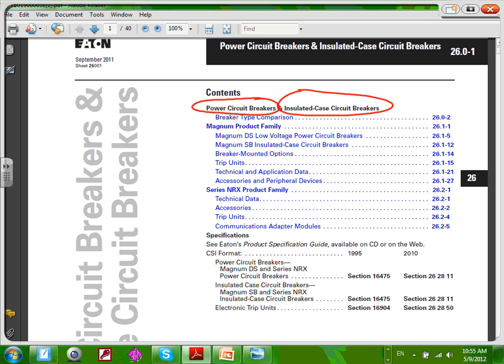Power circuit breakers are the draw-out circuit breakers. Insulated ones are kind of in between. So this talks about low voltage power circuit breakers, the most important things that we're going to use. When I told you guys you're going to have a cut sheet about the switchgear for the project, where are you going to go? Right here to Magnum